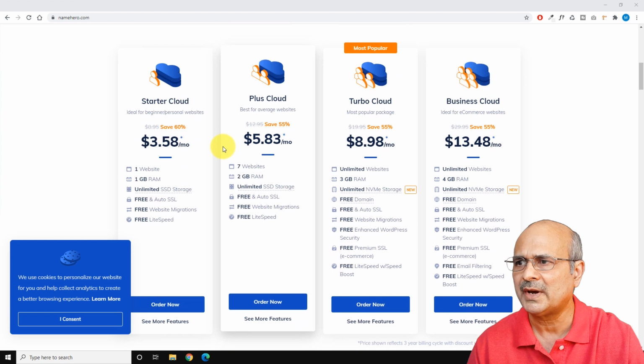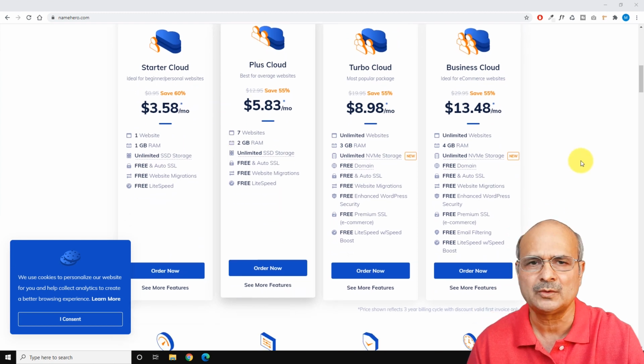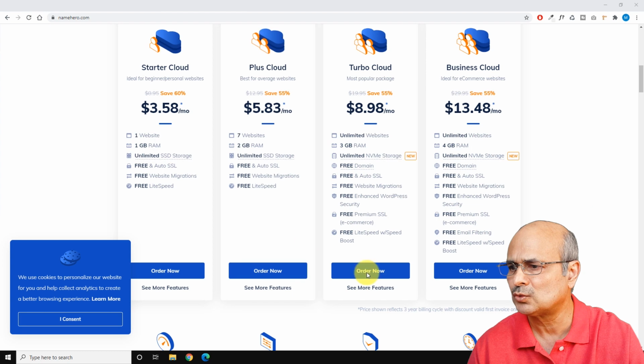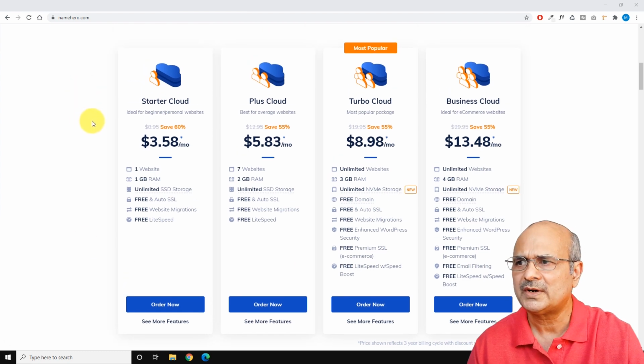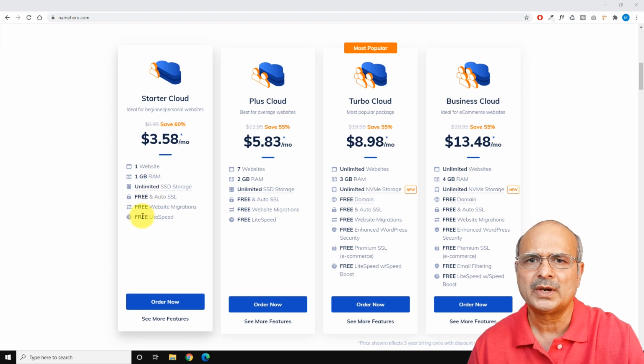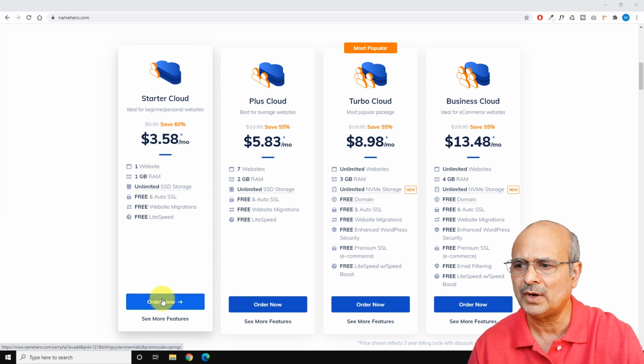So the starter package, which is at full price about $95 per month, and they are actually giving you a discount on this one. Compare all the information in the packages, but as a starter, you can just go with the starter cloud. And of course, they use cookies, so just give them consent so they can store their cookie here. For a starting point with NameHero, you can just select the starter package and click